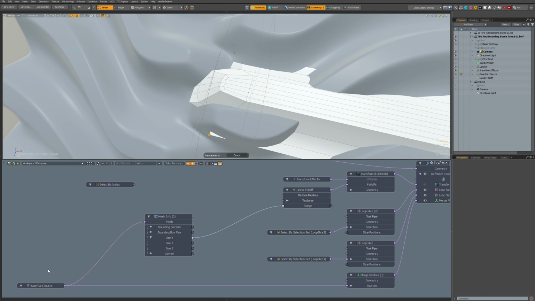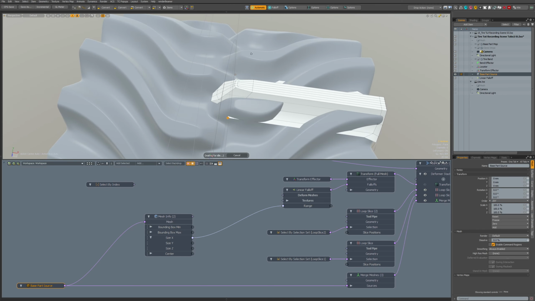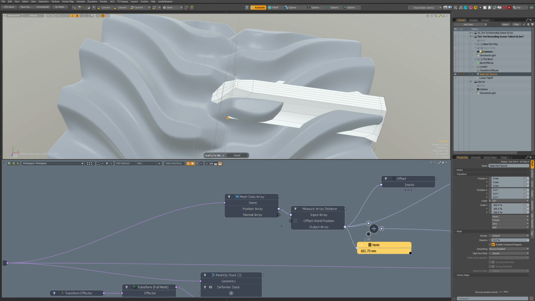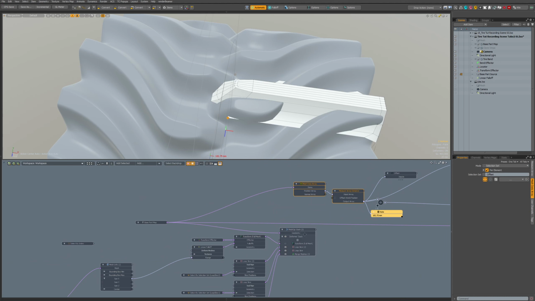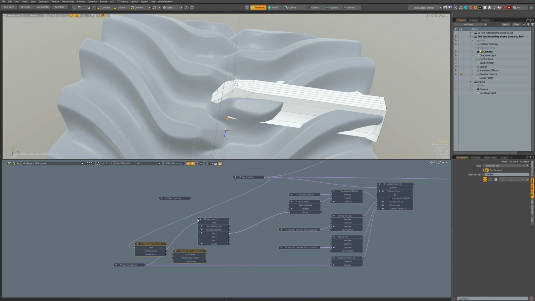So if we have mesh data array, we take this one, we use the same stuff that we used before.